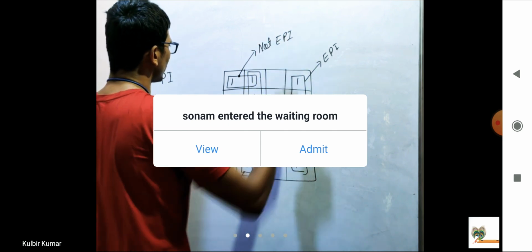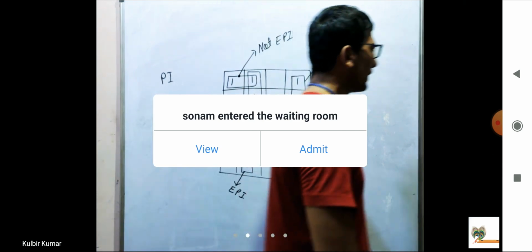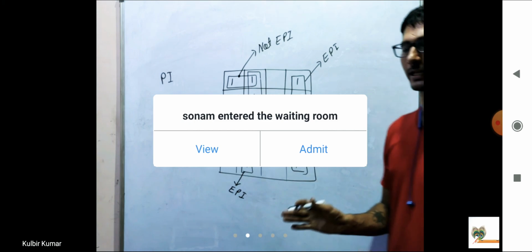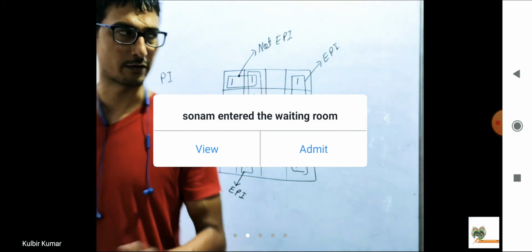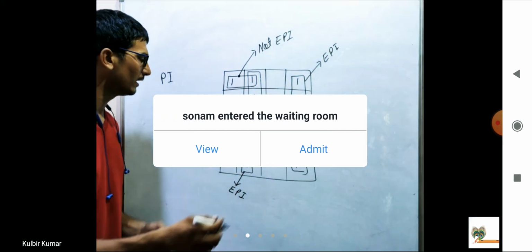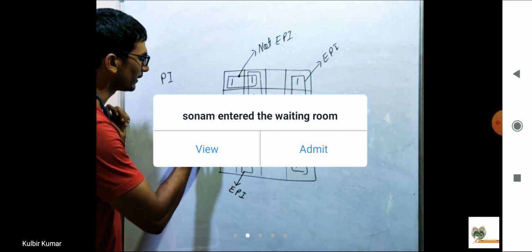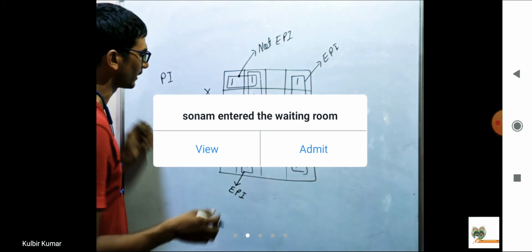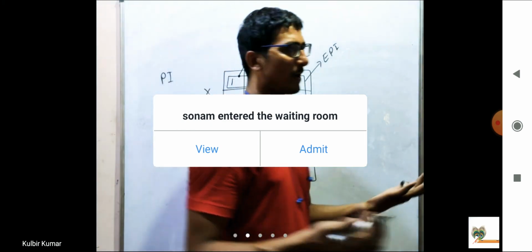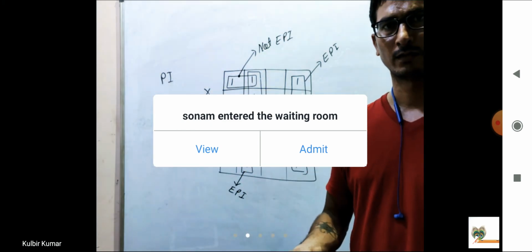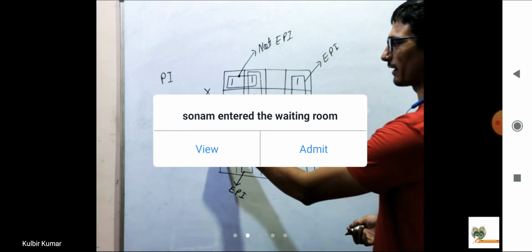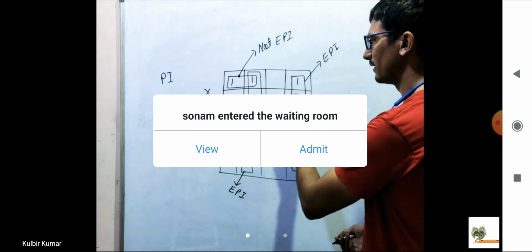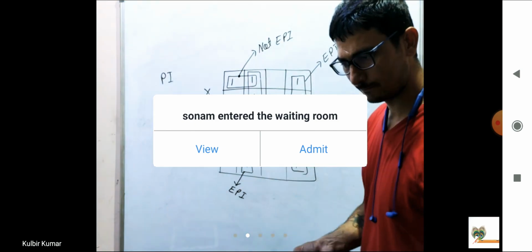But if I am talking about this pair, then this pair is not an essential prime implicant. Why is it not an essential prime implicant? I can do pairing in some different manner, and this pair may not be there. So I can say it is not an essential prime implicant. Further, if I am talking about this pair, it is also not an essential prime implicant. Why? I can do pairing in some different manner, and this pair may not be there, right? So this is not an essential prime implicant. It is also not an essential prime implicant. But these two pairs, they are definitely essential.